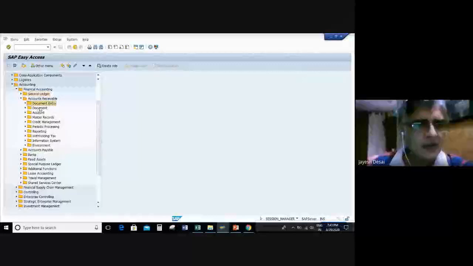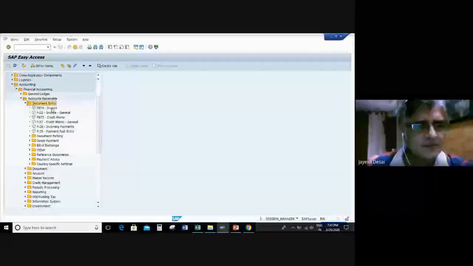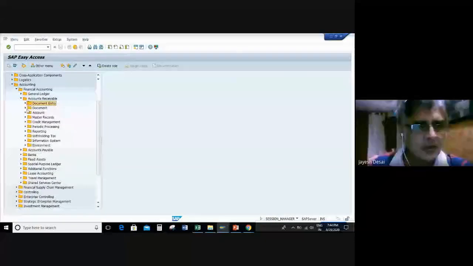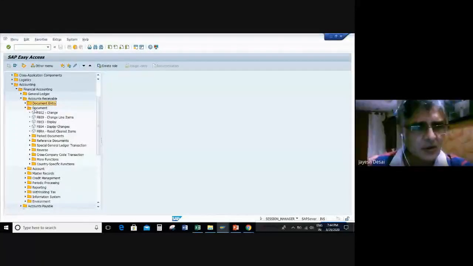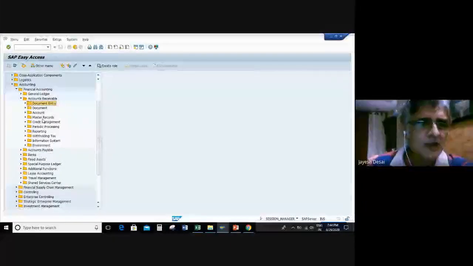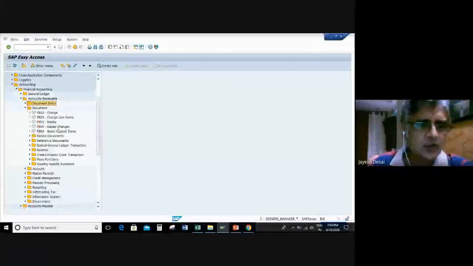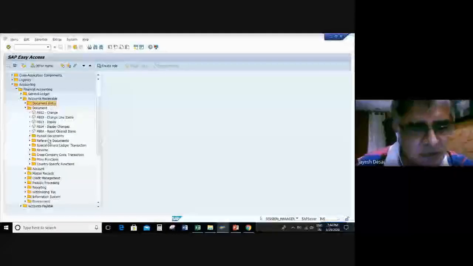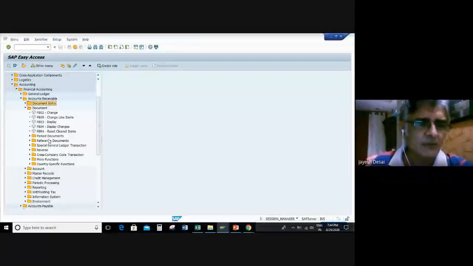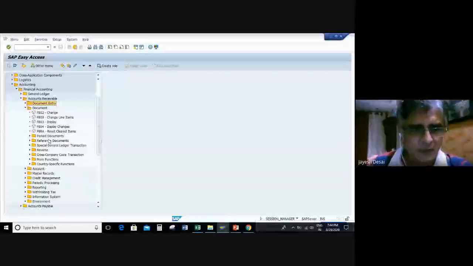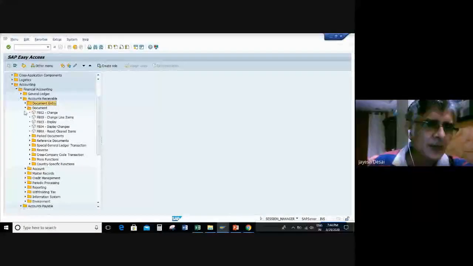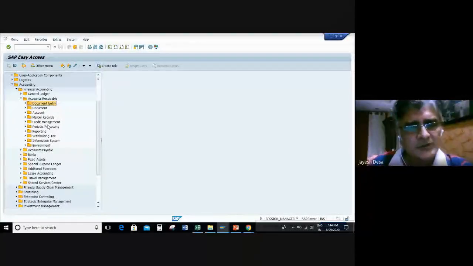And in account receivable, you'll have a document entry where you will enter the invoice and credit memo. Okay, you can see the documents here. There's a concept of park document and post document. So parking document is, before the posting stage, if you want to still confirm, do some checks, or get it for approval, then you'll park it. Okay, once it is approved or you have checked, you can post it.